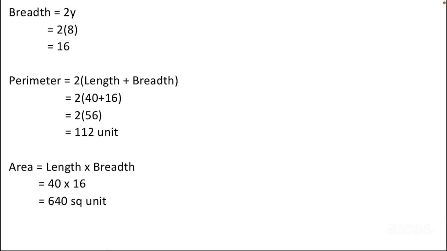So accordingly what we did is we found the perimeter of the rectangle and we found the area of the rectangle. So what we did, that we had a rectangle, there were length and breadth. Using the length and breadth we found two linear equations, and using the two linear equations we found the value of x and y, and then using the value of x and y we substituted it in the length and breadth. So we got the value of length and breadth, and using the length and breadth we found the perimeter and area of the rectangle.